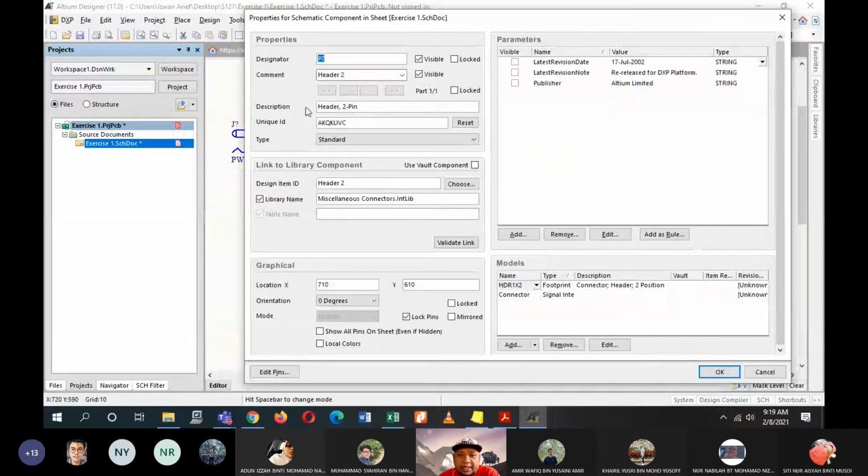Under the description here, it is named header, 2 pin. After 2 pin, you just add the last 4 digits of your ID. Mine is 2143. If your number, for example, ends with 1111, just put the last 4 digits here.